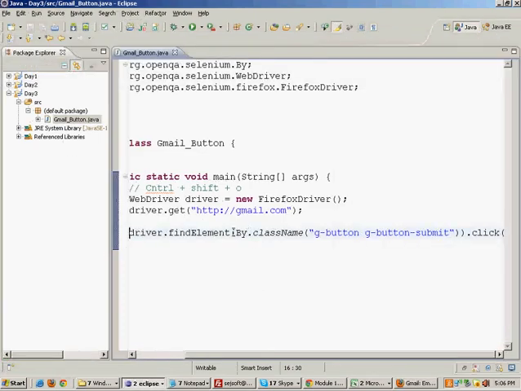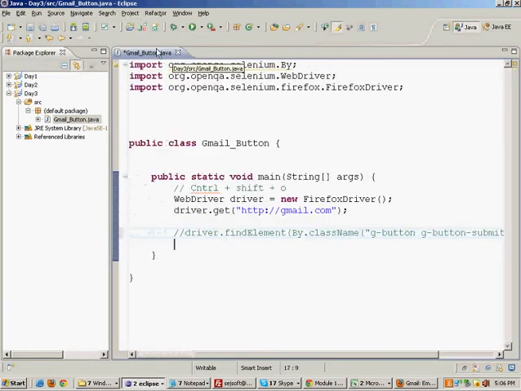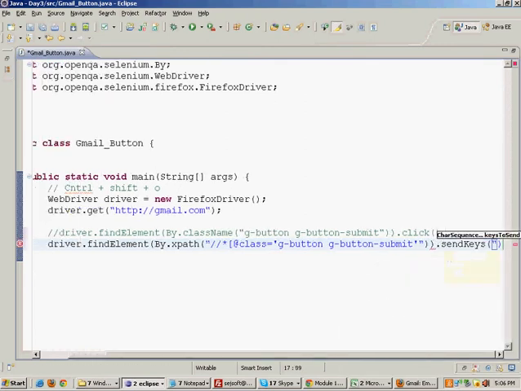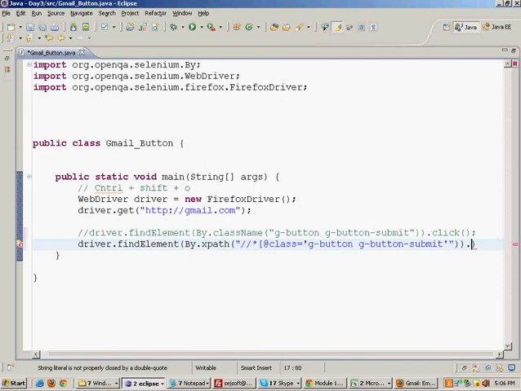I can comment this line and I can write driver.findElement by the XPath, and I give the XPath whose class is equal to this, dot send keys, sorry, dot click.